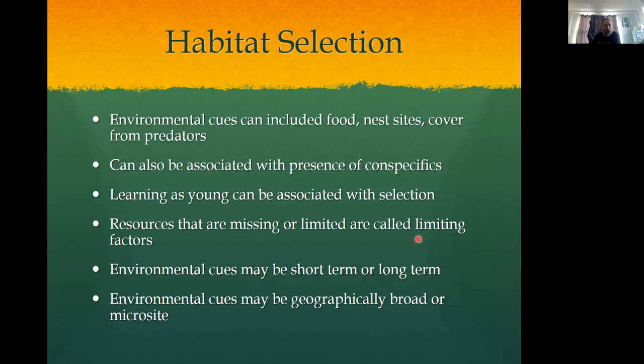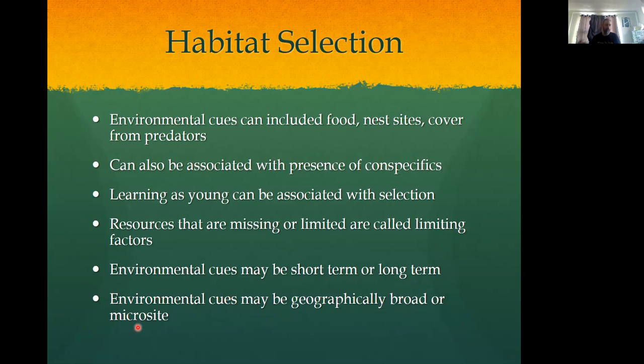Okay, so there are special kinds of cues that we might look for. And these cues themselves can be short-term, they can be seasonal, right? Or they can be long, year-round kinds of structures. We also can think about scale with these cues, right? They can be something that is going to be present over a broad area, or they can be what we